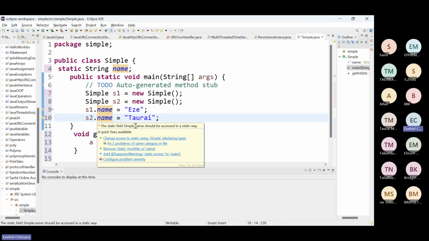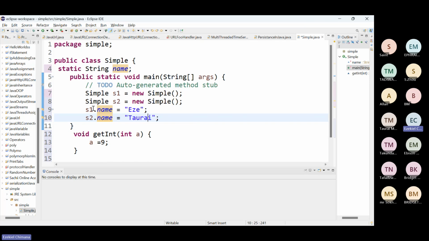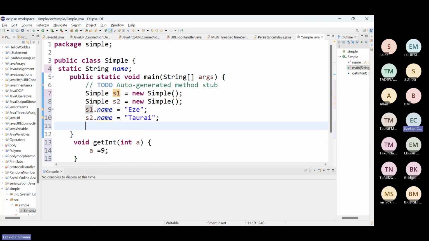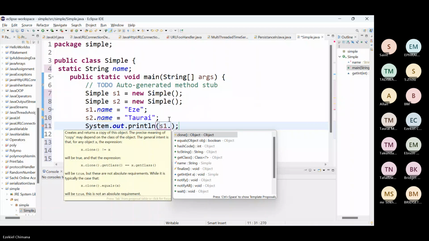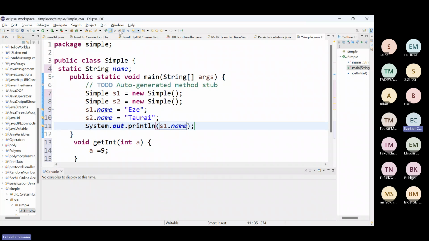And when I change this to Taurai, it means that the S1 name is no longer this one, but it's now Taurai. If I try to print it, you see what I'm talking about. Let me just say this out. You see what I'm talking about. If I say S1 dot name, just like that, so if I print this, you are going to see that